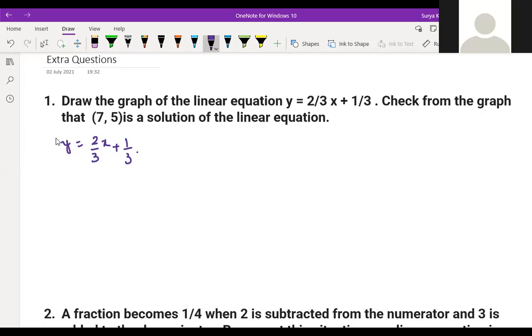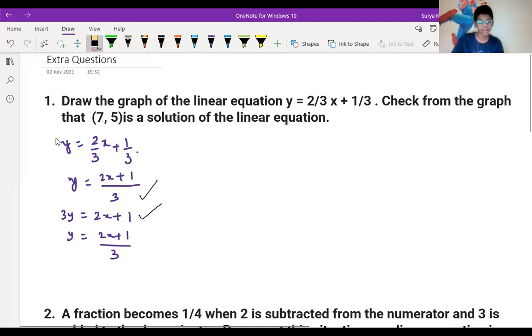So what you can do now, you can make it linear if you want. Take the LCM if you want. You can take LCM over here. So you can write 2x plus 1, correct? So you can write 3y is equal to 2x plus 1, or y is equal to 2x plus 1 divided by 3. Is it clear, children? Yes, sir. So anything you can do. See here also is y equal to 2x plus 1 by 3. You can use this formula or this one, your wish.